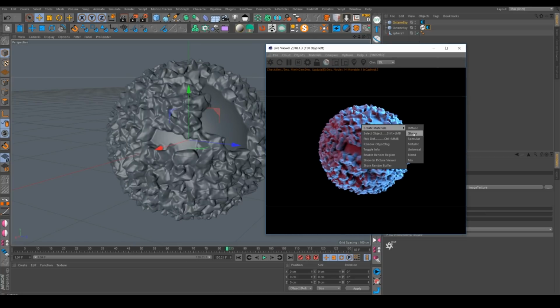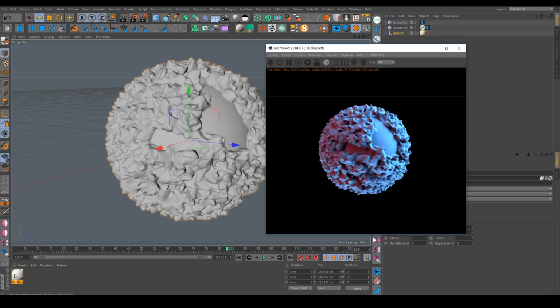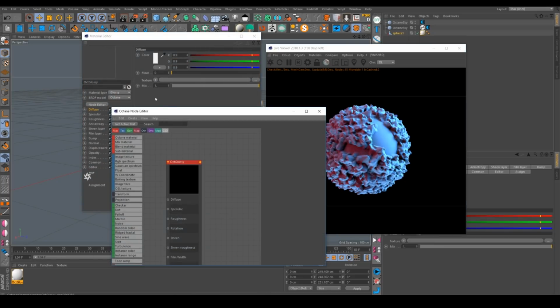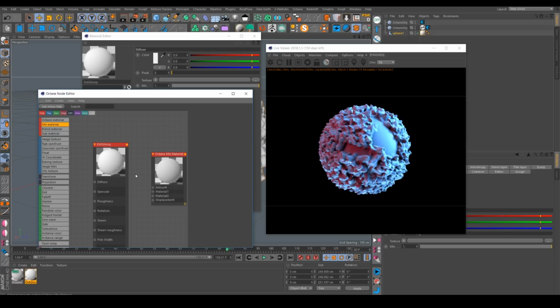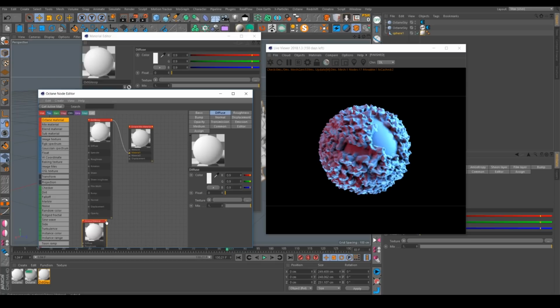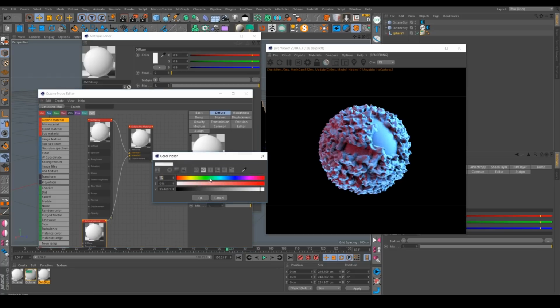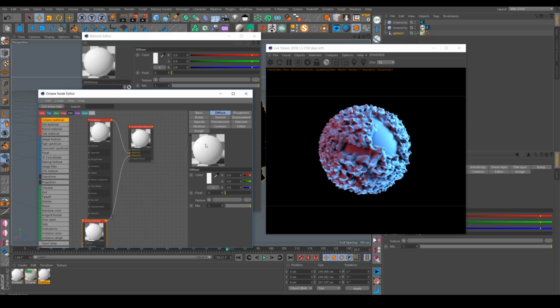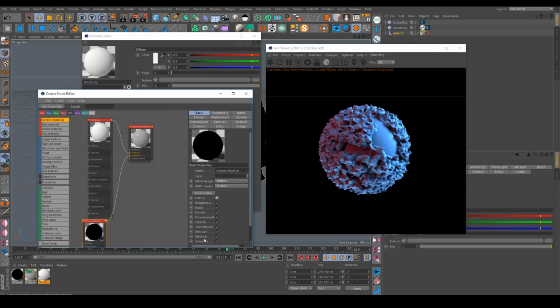So let's create a glossy material, and in the node editor I will use a mix material, and I will create another Octane material here, and yeah, let's drag and drop the mix here. For this material I will change, for example, the color to something maybe metallic. So let's disable the diffuse channel. Let's go to